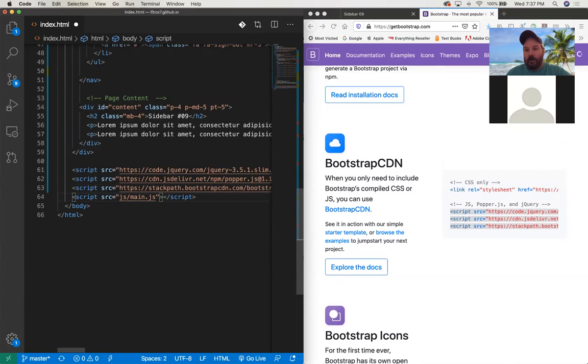All right, so we're using the content delivery network for Bootstrap. Because Bootstrap is a worldwide framework,